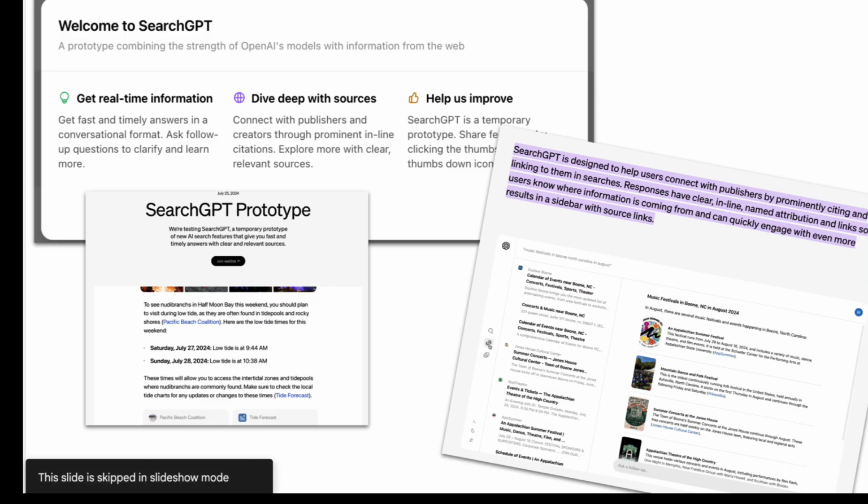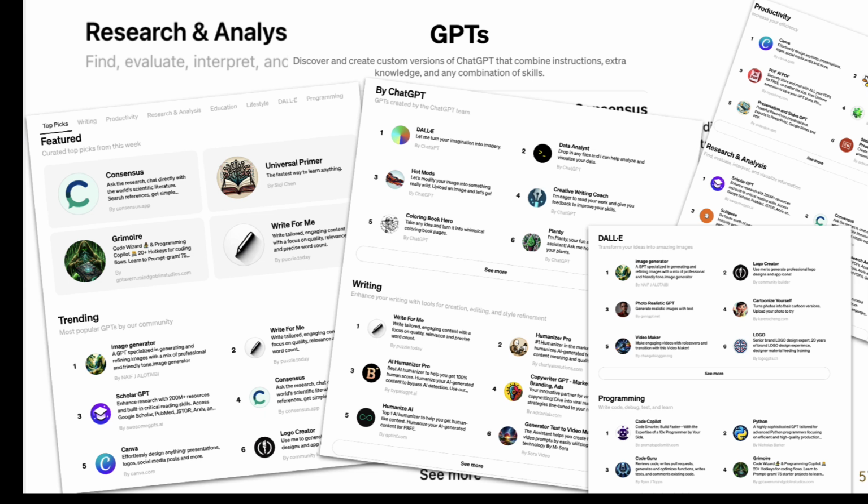There is an element of it. One of the chats is Search GPT, which really looks at a corpus of scholarly content and helps us have conversations with articles. And this is an image of the types of GPTs you'll find. I like Consensus. We'll take another look at it as an individual tool.